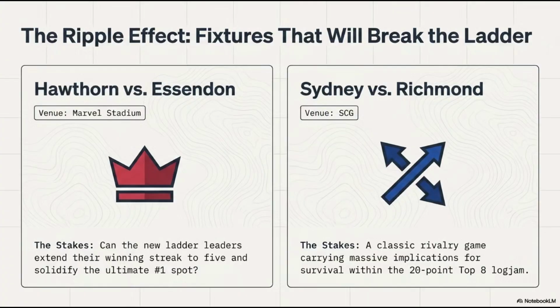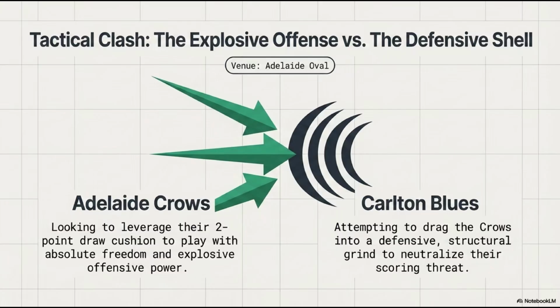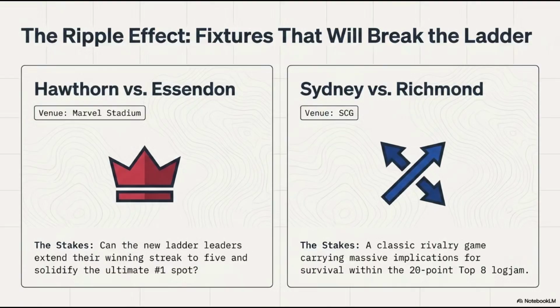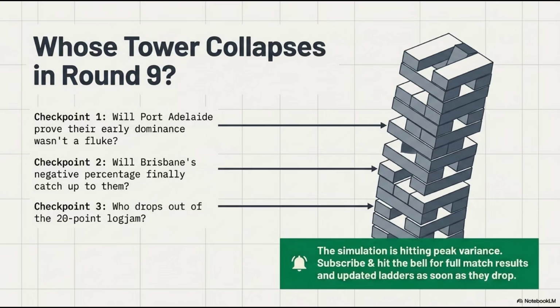Which leaves us with a final, lingering thought to mull over as you go about your day. We started by comparing this scenario to a volatile stock market, a massive, complex system driven by human emotion and panic, yet heavily quantified by math and algorithmic trading. But if a purely mathematical dice simulation can generate this much chaos, this much pressure, and this much rich narrative drama hitting peak variance just like a real-world sports season, at what point does simulated randomness become indistinguishable from the unpredictability of actual human performance?